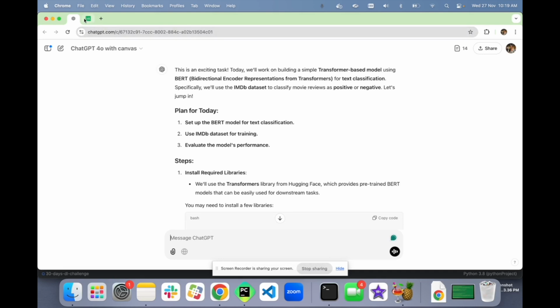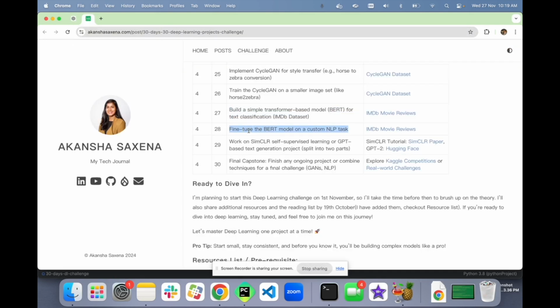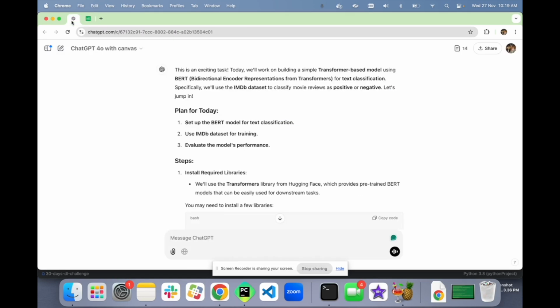Okay, this looks solid. And tomorrow we'll be fine tuning on common NLP tasks, so it looks solid. So it says this is an exciting task. Today we will work on building a simple transformer based model using BERT, which is bidirectional encoder representations from